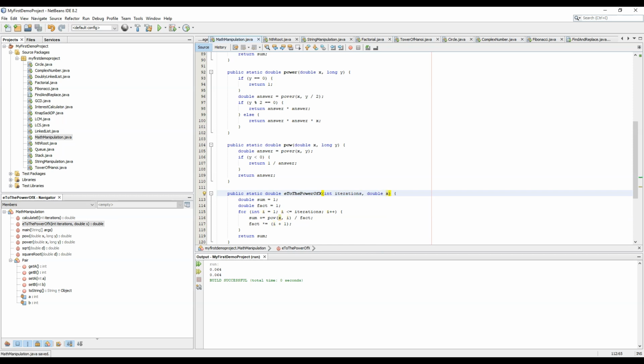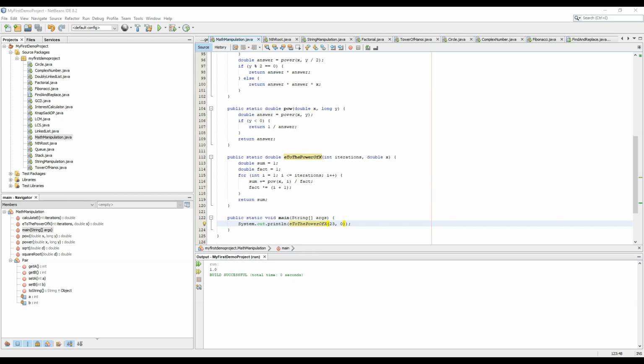Now we have calculated the e to the power x. Let's test the e to the power x first. I have calculated e to the power 0. It is coming out to be 1. Let's calculate e to the power 1. It's coming out to be 2.718. Let's calculate e to the power 3. It's coming out to be this. Let's calculate e to the power minus 2. It's coming this. So I have calculated e to the power 2. Now e to the power x is being calculated where the power of e is in fraction.